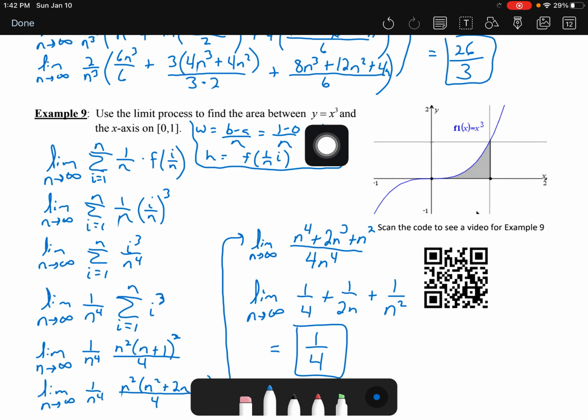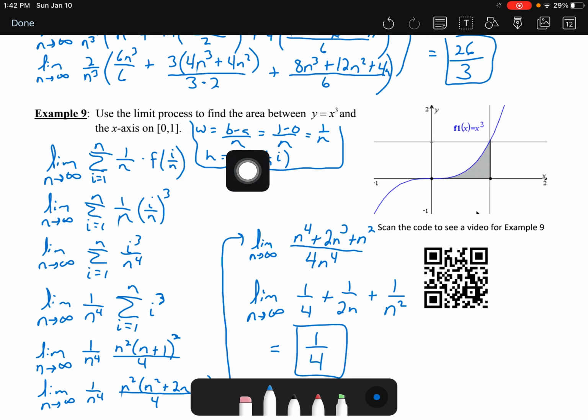This time they actually give you the function instead of just having it set up for you. So our function in this case is going to be x cubed. So this is our function here, and we're using the interval just from 0 to 1, and we use the limit process to figure out that area. Okay, so we're going to do the limit as n approaches infinity,